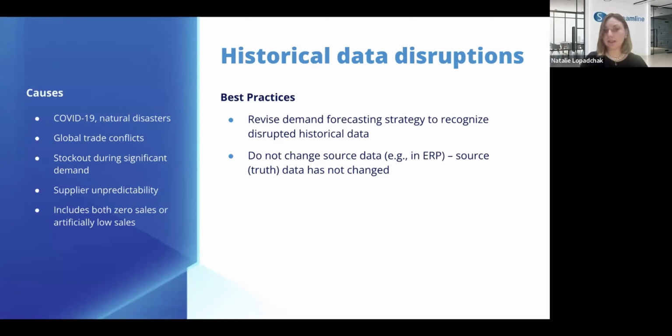things like COVID-19, some natural disasters, some global trade conflicts, some stockouts during significant demand, right? Lost sales, zero sales. Again, we already discussed supplier unpredictability. Artificially low sales because of some managing, let's say, mistakes, right? They all bring us to difficulties in demand forecasting. And to work with it, again, we need to have the same source of truth, the same data, and